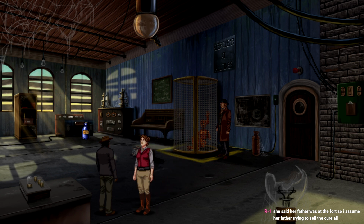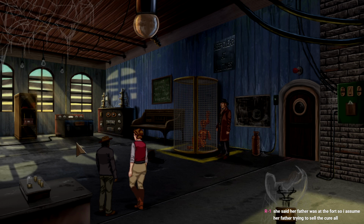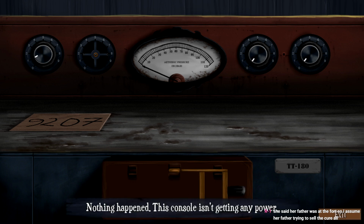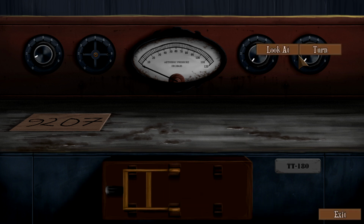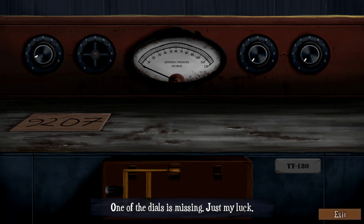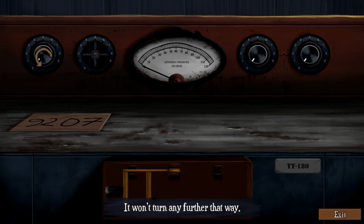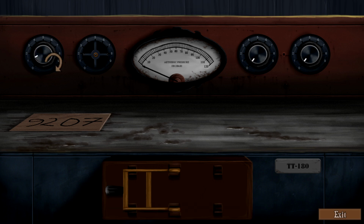No, thanks. Nobody's feeling sick. I might have just bought that for nothing. I have no idea. I can flip this, but yeah, it's not gonna work. I just thought maybe this wouldn't work because the dial is missing, but maybe I'm wrong. Maybe we can just do it without it. I'm pretty sure it won't work, but...